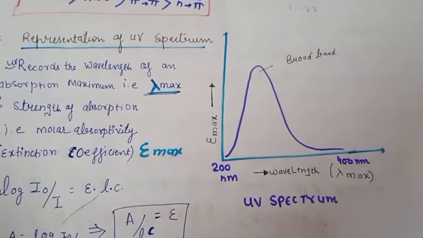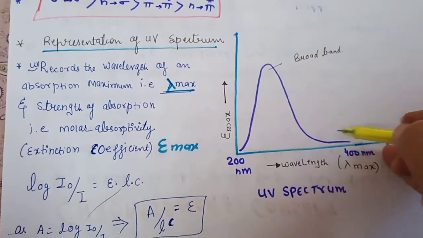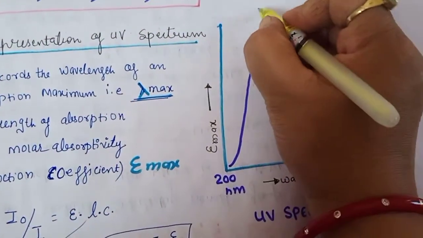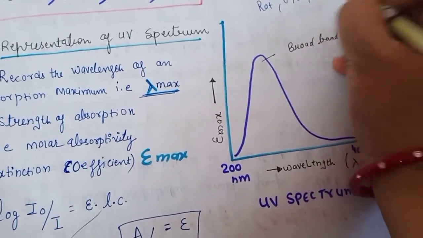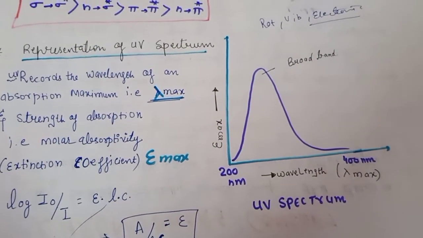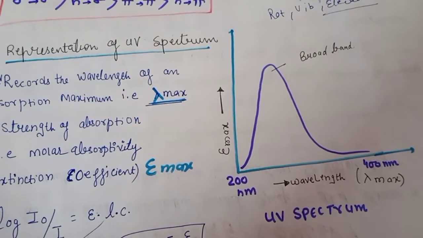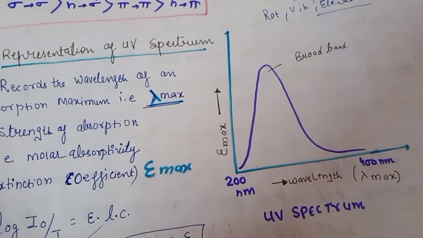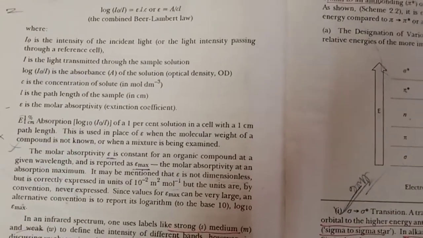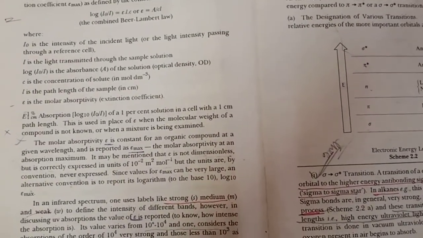So you can see which type of peaks you are getting in the spectrum. You are getting broad peaks, broad bands, because in ultraviolet spectroscopy, rotation, vibration as well as electronic transition phenomena take place. That's why you are getting the broad band. So this I have discussed in short. With ultraviolet spectroscopy, generally we are measuring the multiple bonds or the aromatic conjugation in the molecule. If you want to take a screenshot of the details, you can take it from the book and just note it down.